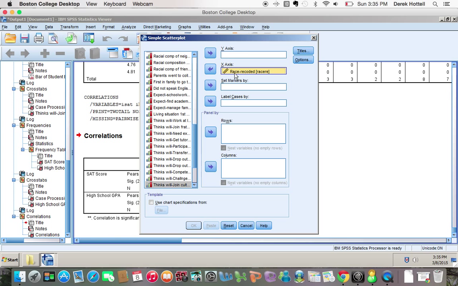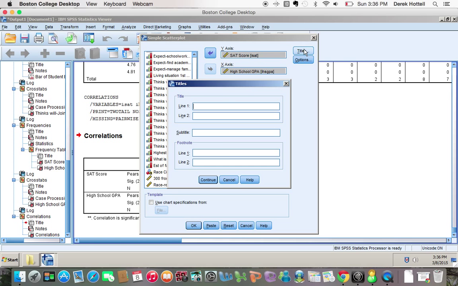Let's pick our two variables. Let's use GPA as our x-axis, and let's use SAT score as our y-axis. Generally, you could set this up either way that you would like, but generally whatever your x-axis is would precede or might predict, and we're not going to do that today, but would predict or precede your y-axis. Always need a title, so click Titles, and we're going to say this is